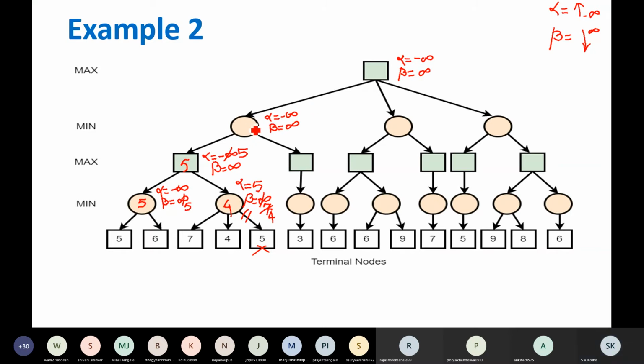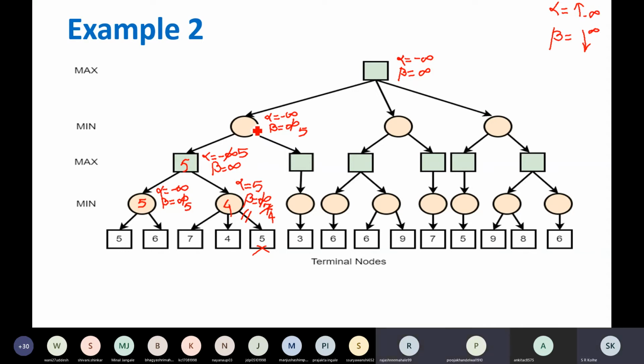Minimizer node. The minimizer is getting 5 from this. So which value will be updated here? Beta. Value of beta is infinity. It is getting 5 from this. 5 is better than infinity. So value of beta will be 5. Right? Shall I write 5 here?